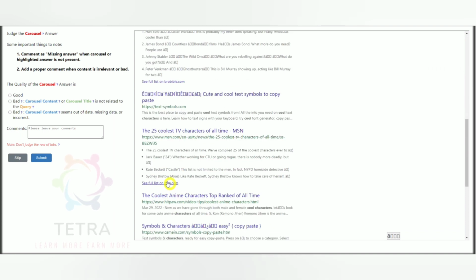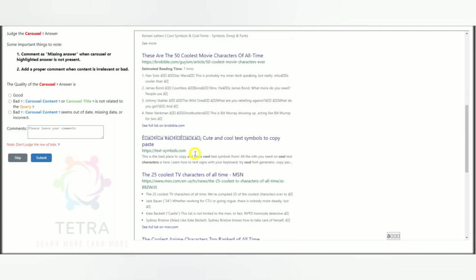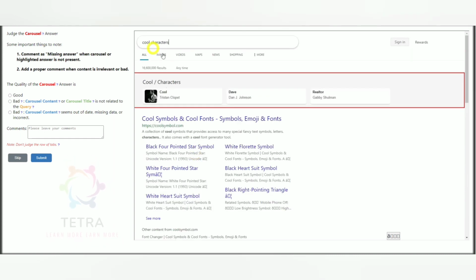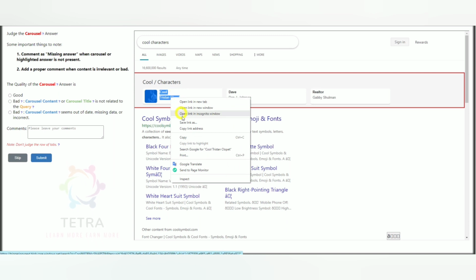The results are all coolest TV character of all time, coolest anime character. So this result must be cool character. Just select anyone. So just come here. Here we are unable to select. When this eye icon opens, just click left and go for the research.